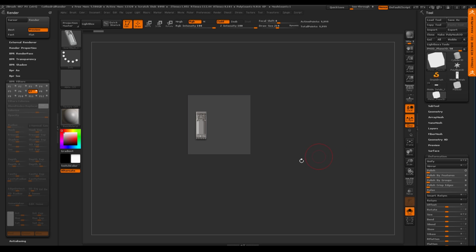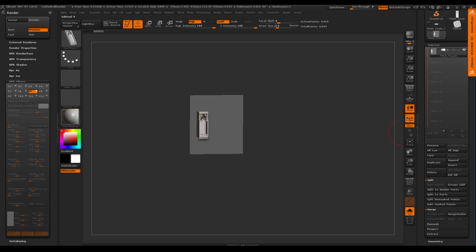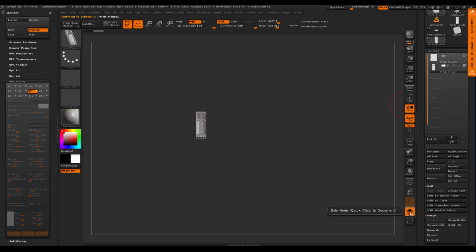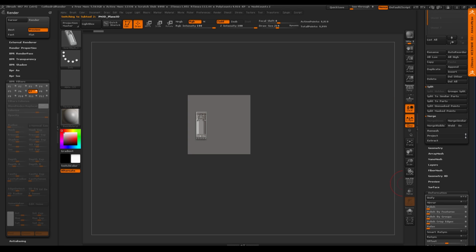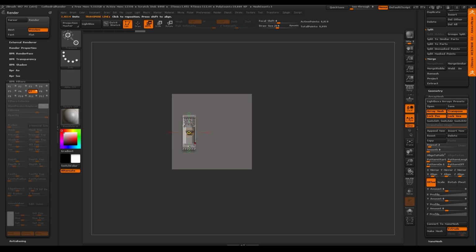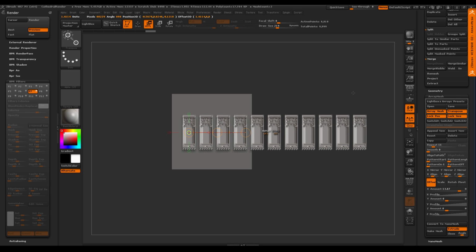Now that I have that, I split it. I went here and split unmasked points, and now I had just this piece. Then I asked how many I want to array across, so I turned my array on, turned all these options on, and said it's going to move this way and repeat a certain number of times.